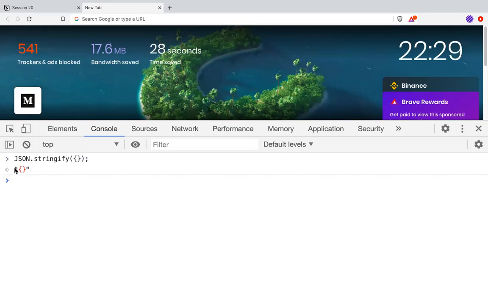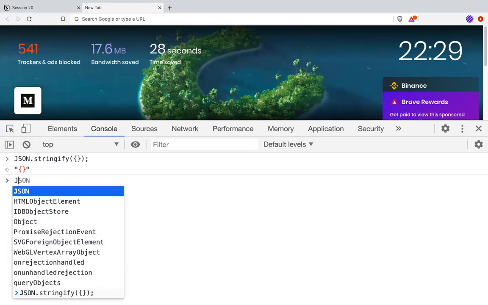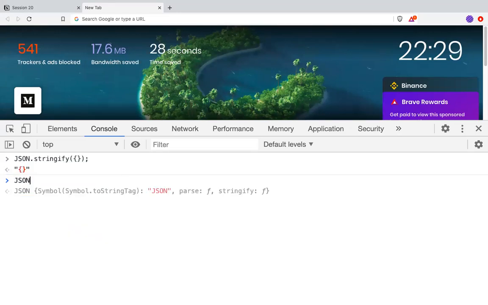You'll see this object is basically wrapped in quotes. So this object is converted into JSON, so this is the JSON value. Reverse also works. So we have JSON stringify and we have parse. In parse, we pass a JSON string, or an object string, and it converts into an object.